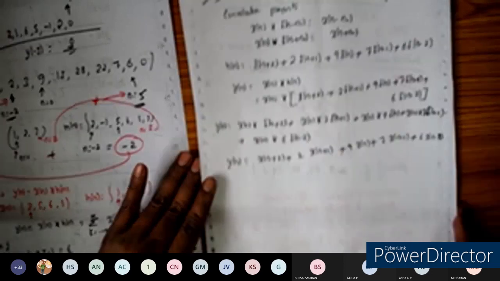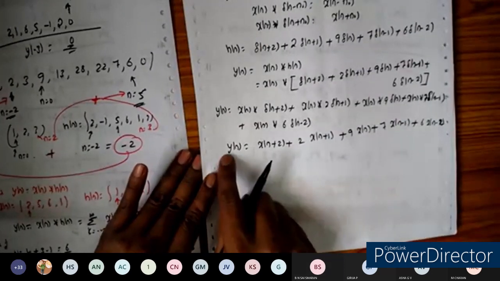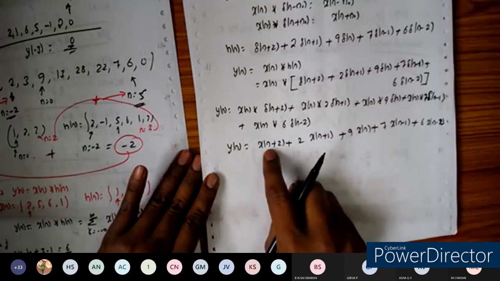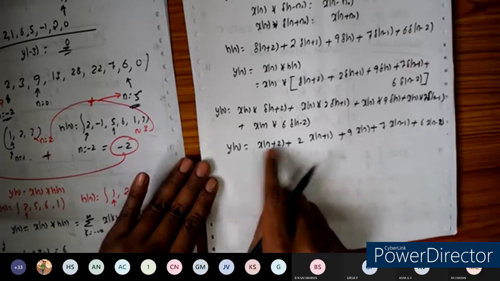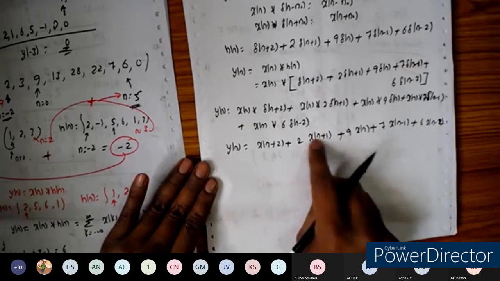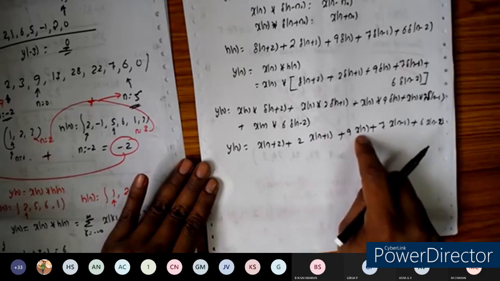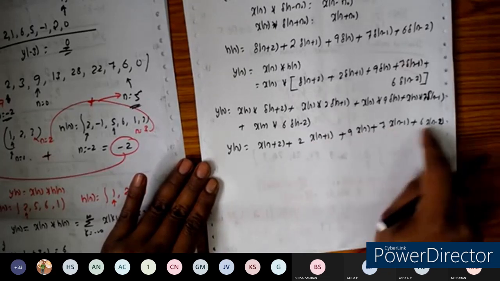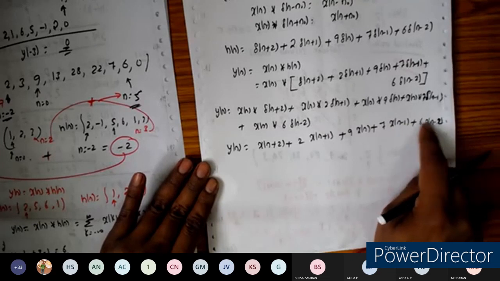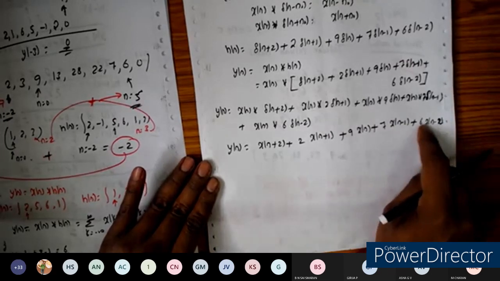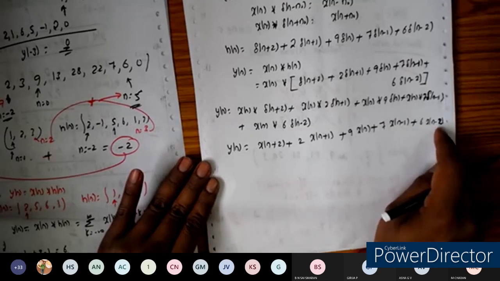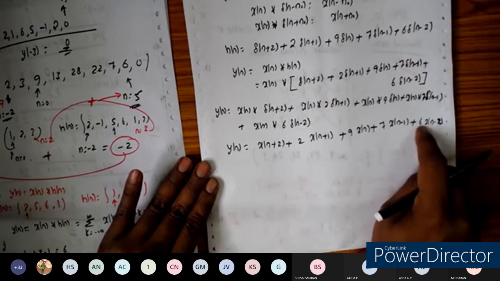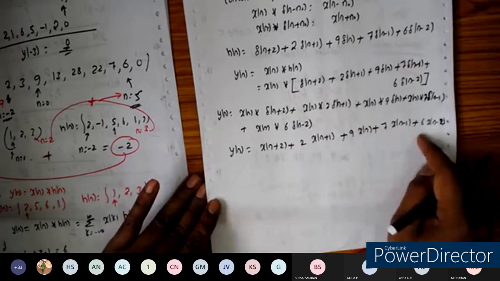Done. Okay. Now we got y of n, but it's a sum of time shifted sequences of x of n. So you can see here we need to shift the sequence x of n towards the left side by 2 units, and by 1 unit, along with the scaling we need to do. So 9 is the scaling here, then towards the right side by 1 unit and towards the right side by 2 units, and we need to scale the corresponding x of n minus 2. We need to multiply with 6 here. So we need to do all those things here.